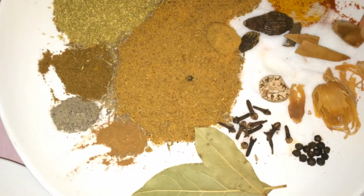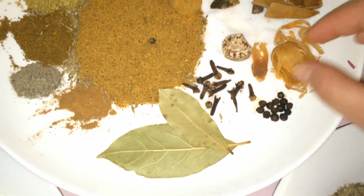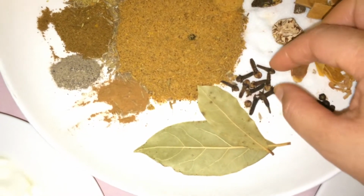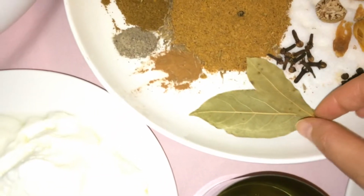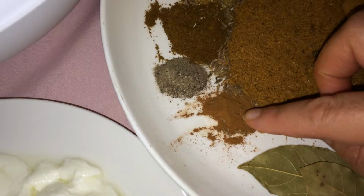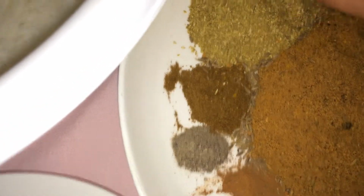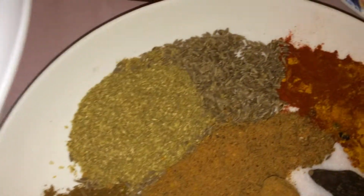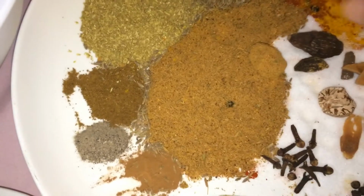I have 4 pieces of cumin seed, 2 pieces of whole black cardamom, about 4 pieces of mace, half a piece of nutmeg, about 10 to 12 pieces of cloves, about 10 pieces of whole black pepper, 2 bay leaves, a pinch of cinnamon powder, a pinch of black pepper, half teaspoon of garam masala, about 2 teaspoons of coriander powder, 1 teaspoon of cumin powder, and about 2 full tablespoons of biryani